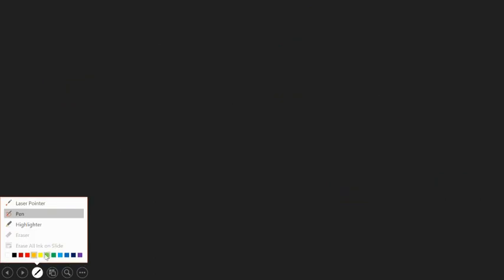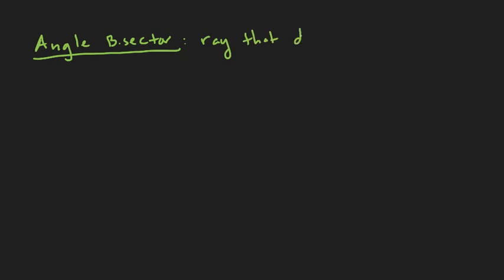Okay, and then lastly, an angle bisector. So what is an angle bisector? Again, you have this word bisector. Remember that bisector means splits into two equal or two congruent parts. So if we have an angle bisector, it's typically a ray. So it's a ray that divides an angle